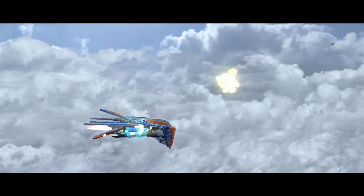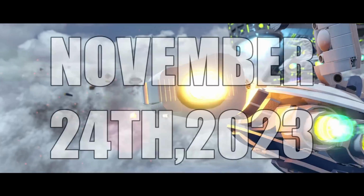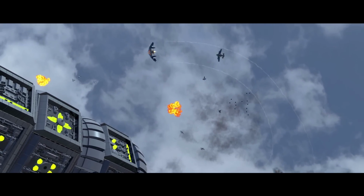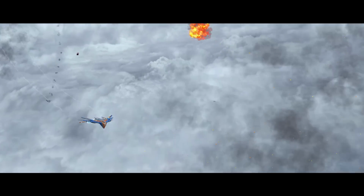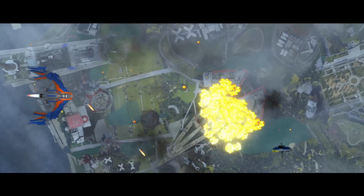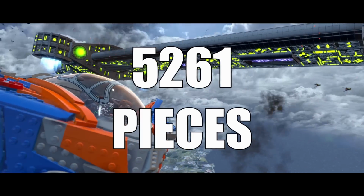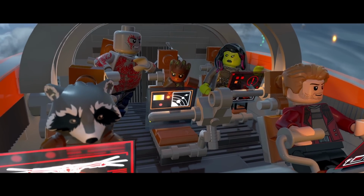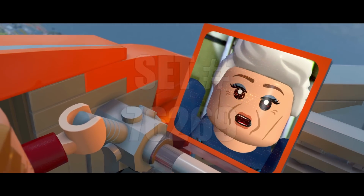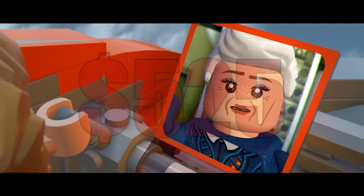Now, before we get to the minifigs themselves, just a quick little roundup of information for those of you that don't know. November 24th is now the release date, which is awesome because before this, we were just given kind of a vague release date of November or December. Now we have a much more concrete release date available, which is obviously exciting. We know the piece count, which is going to be 5,261 pieces. We know the name of the set, which is Avengers Tower, set number 76269, and we even know the price point, which is the part that's gonna hurt because this thing is